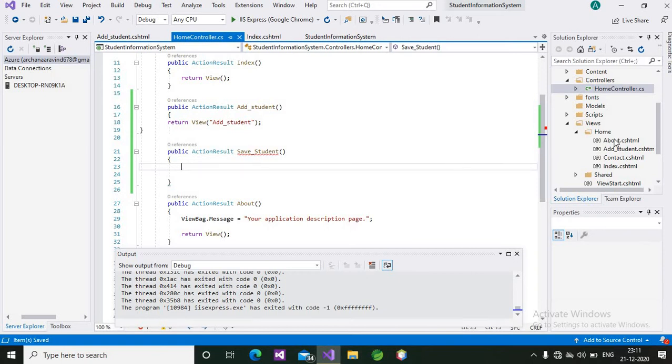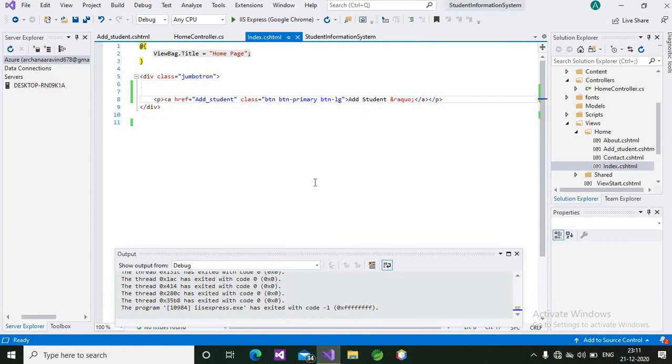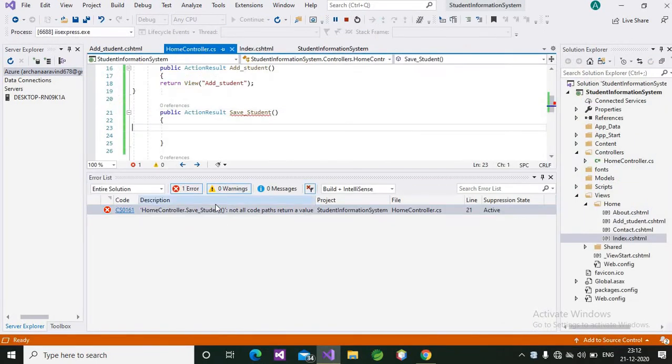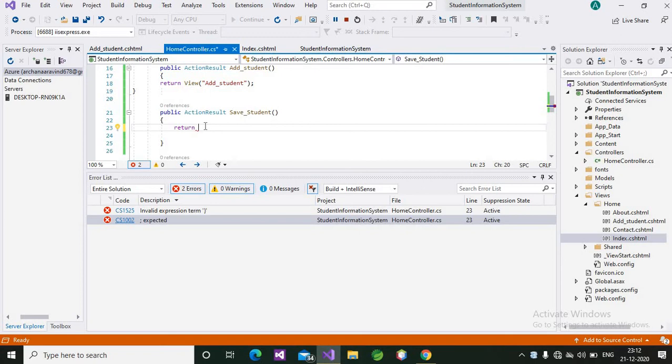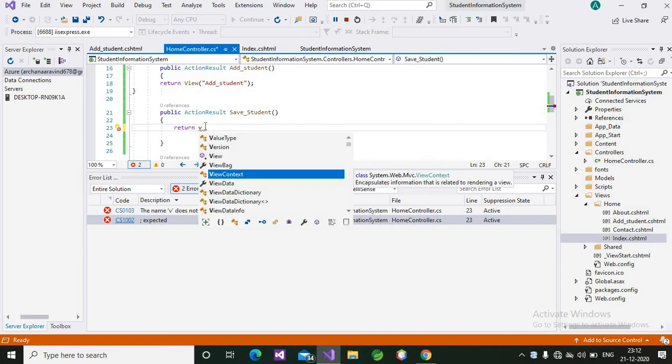One more thing, we should give the proper path. Within home, we have add student. Okay, run this one. Here is one error. Here we have to give a return result. Here we can give return view.